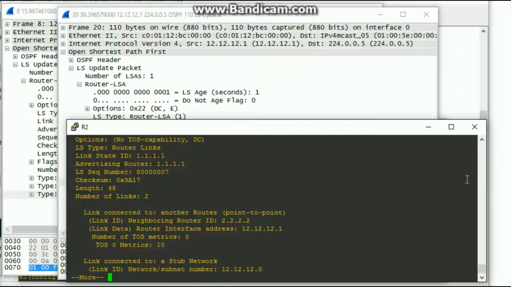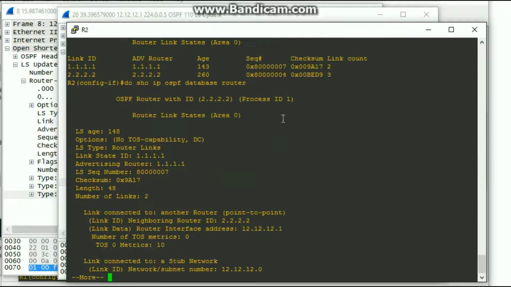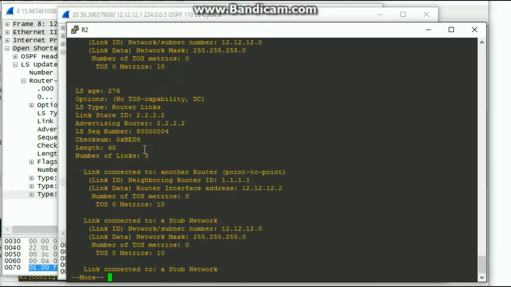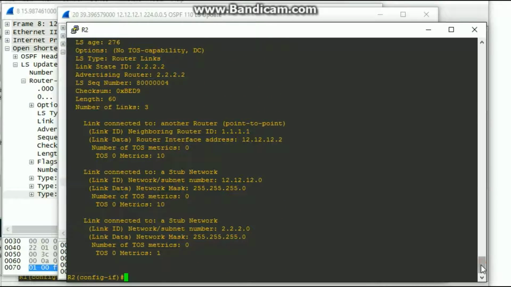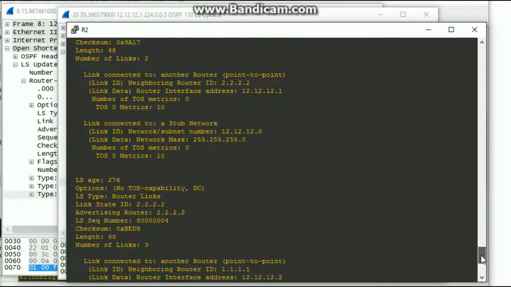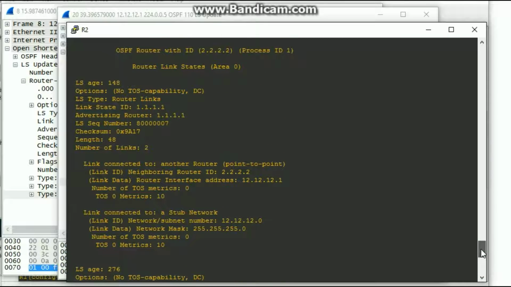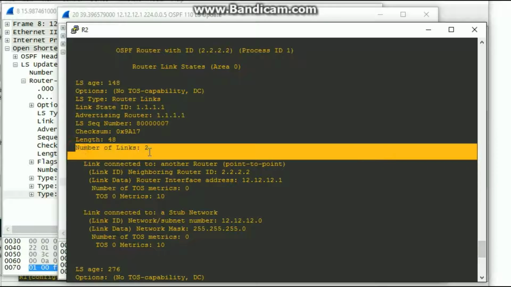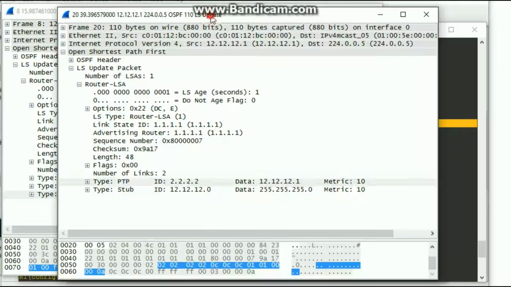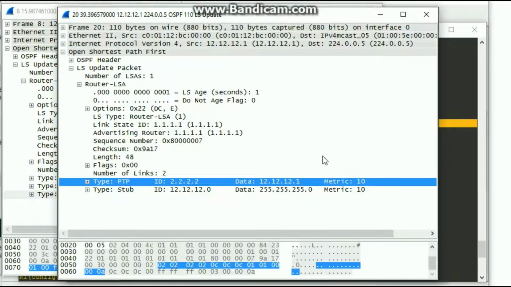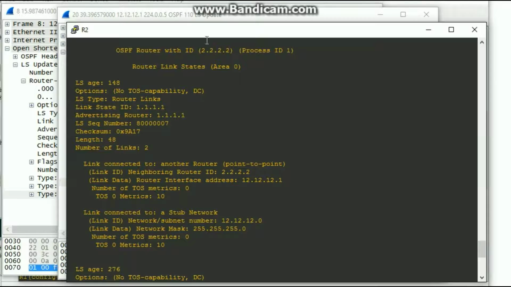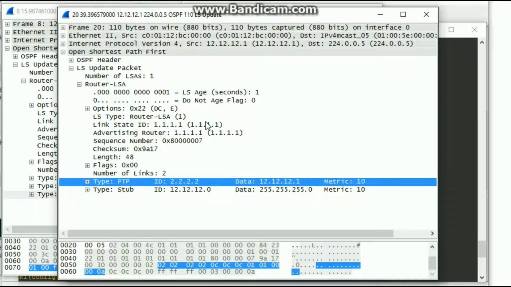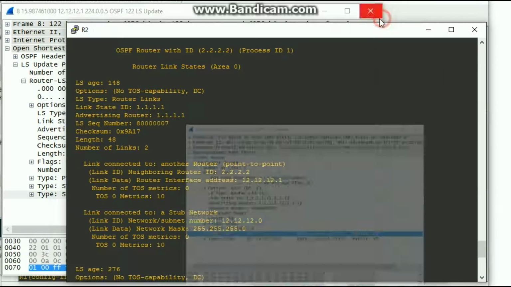And for router 1, there's a link state, there's a router. There it is. Number of links, 2. Look at that sequence number, 7. That is exactly what we caught here. So whether we see it in the OSPF database or we do it with a packet capture, we could still see the same thing. But I did a side-by-side comparison. So that is how